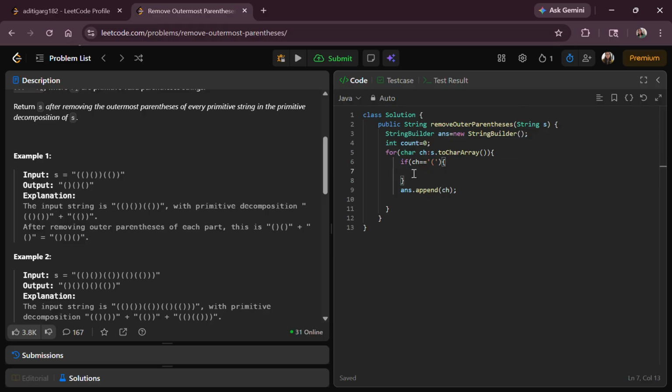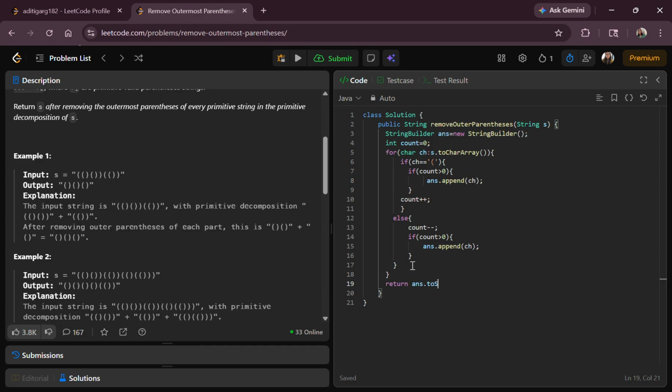मिस्टेक्स कर रहे हो जानबूझ के ताकि तुम बताओ। चेक करना है, इफ count इज ग्रेटर देन 0, हाँ, देन ओनली यू नीड टू अपेंड इट, मतलब ऐड करोगे तुम अपने आंसर में। अगर तुम्हारा count ग्रेटर देन 0 नहीं है तो तुम ऐड नहीं करोगे, बस count को इंक्रीमेंट करना है। else मतलब कैरेक्टर इज क्लोज, एंड अगर तुम्हारा count ग्रेटर देन 0 है तभी ऐड करोगे। इससे पहले क्लोज है तो पहले माइनस कर दो, फिर चेक करो, अगर वो ग्रेटर देन 0 है तभी ऐड करो। सो else ब्लॉक हो गया, for ब्लॉक हो गया।